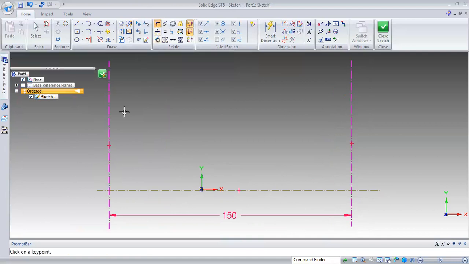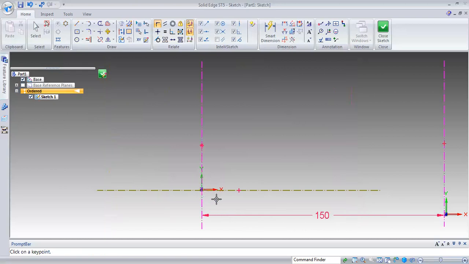So click on the connect. Next, you select the key point. You can see here. So go with the help of the prompt bar. The prompt bar will guide you what to do after selecting the command. Okay, so this is how we have to create the things.